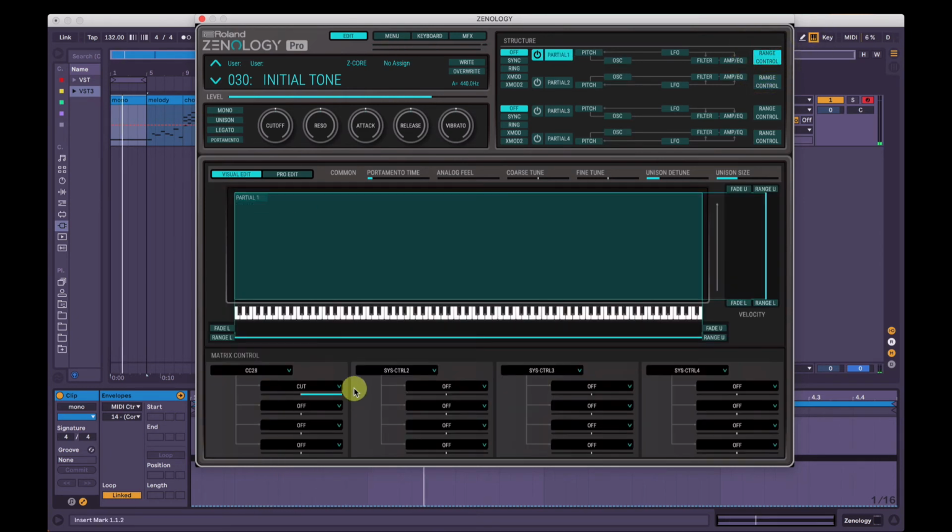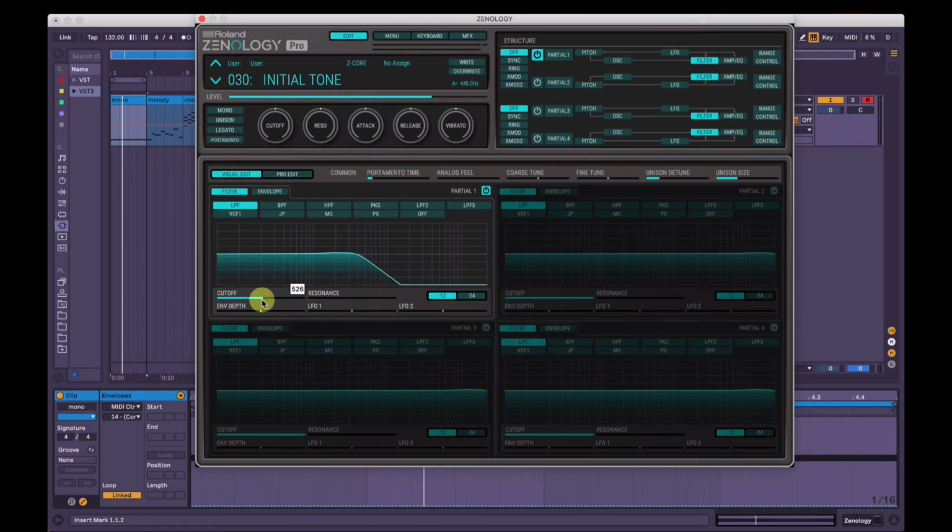Okay, but nothing's happening when I move the knob. The reason for that is because I need to set the start point of the filter. So now at minimum value on the knob, it's going to be here, and then when I increase the knob all the way to maximum, it's going to open all the way up. So if we want to, we can bring the cutoff all the way down, and when I play it, you won't hear anything. But as I move the knob up,